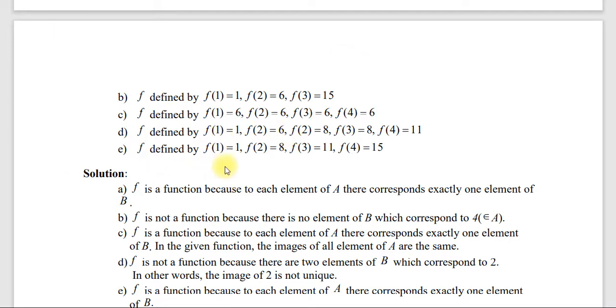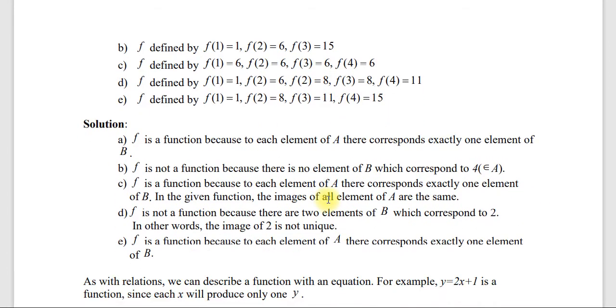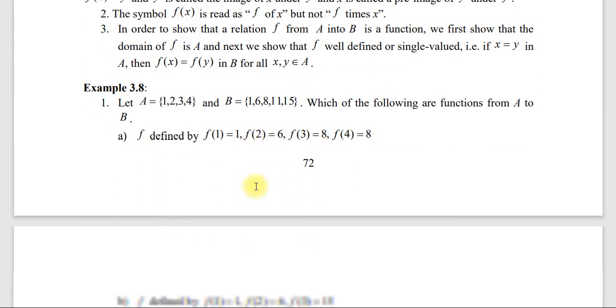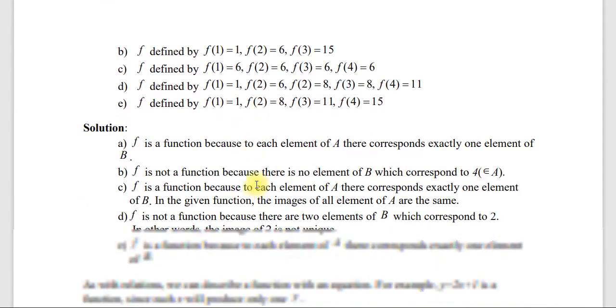ኢ ላይ ደግሞ 1 1 2 8 3 11 4 15 ስለዚህ ምንድነው ፋንክሽን ነው እንላለን። is a function because each element of a there corresponds exactly one element of b ይለናል። ስለዚህ እነዚህ ኤግዛምፕሎች ፋንክሽን ምን እንደሆነ በቀላሉ እንዲገባን ያደርጉናል ማለት ነው።